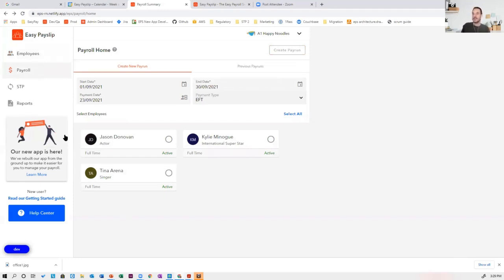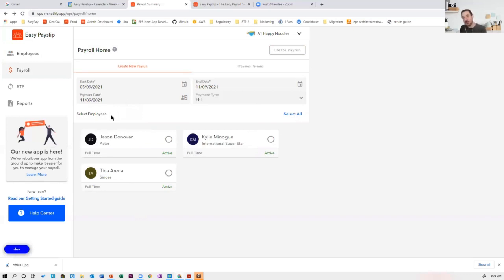First thing we do is enter our dates. So we've got start date and end date. So this is the period that they are working. So I will say that they are getting paid for a week, and the week starts on September the 5th on the Sunday, and it goes to the Saturday the 11th. And I'm going to say the payment date is Saturday the 11th.